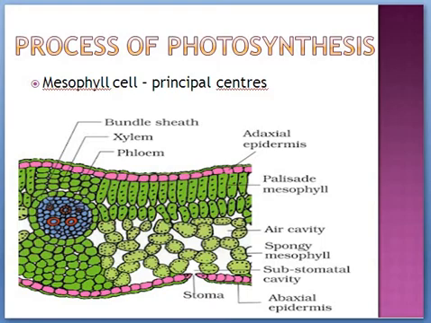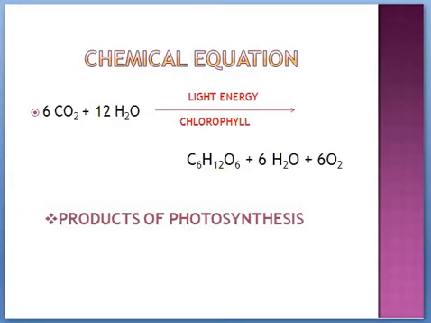Before that, let me tell you what the chemical equation for photosynthesis is. This is very important for you. This is the chemical equation. There are totally 6 molecules of carbon dioxide necessary to produce 1 glucose. Right? 6 carbon is necessary to produce 1 glucose. So 6 CO2 is needed for 1 glucose production. 6 carbon dioxide is necessary to fix 1 molecule of glucose.